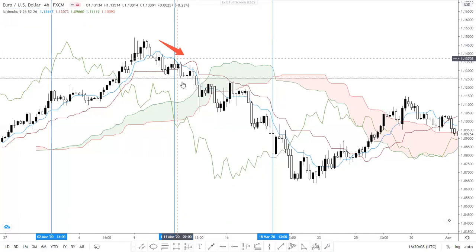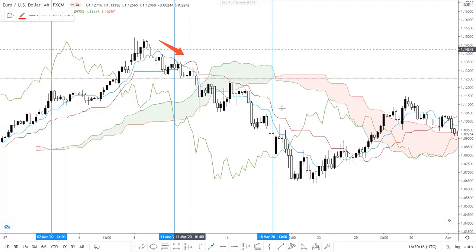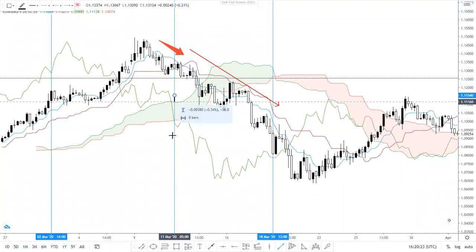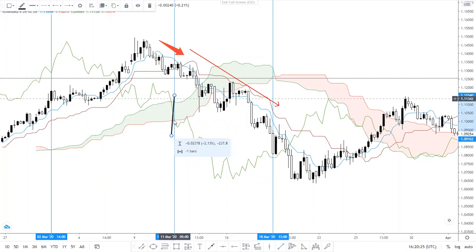So from this point, we started having selling. We started having a shift in the trend. Okay. So this is one way. So when they cross, this can be a sign. So when you see it crossing out of the cloud here, like it has done here,